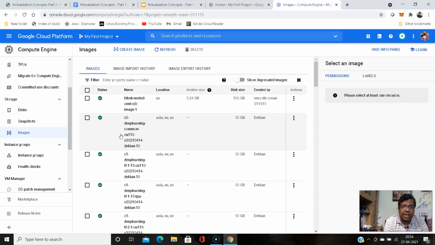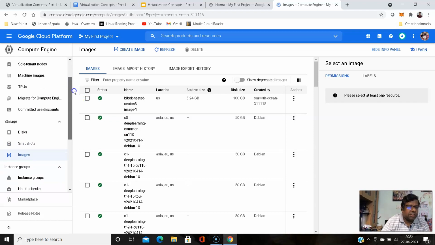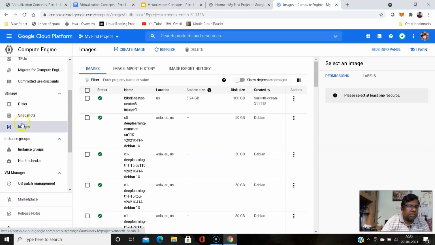A snapshot will only store the changes that happened on the virtual machine, and the image is a complete image. The virtual machine image is a complete image that is made after configuration. So this is the machine image, the storage image.